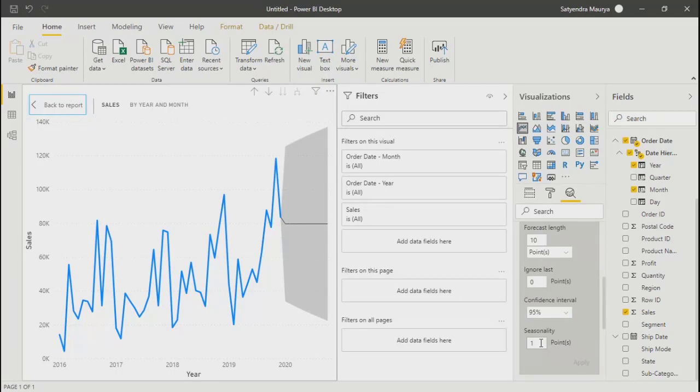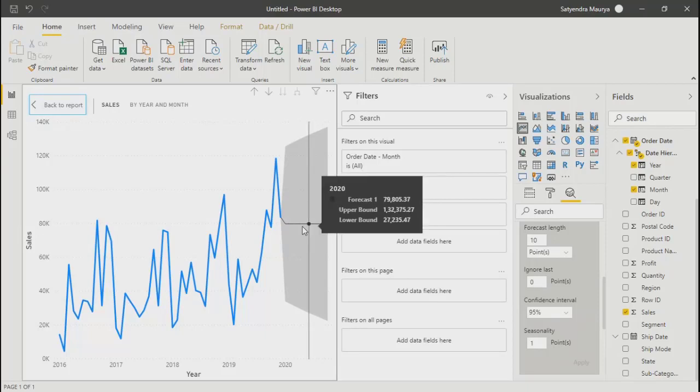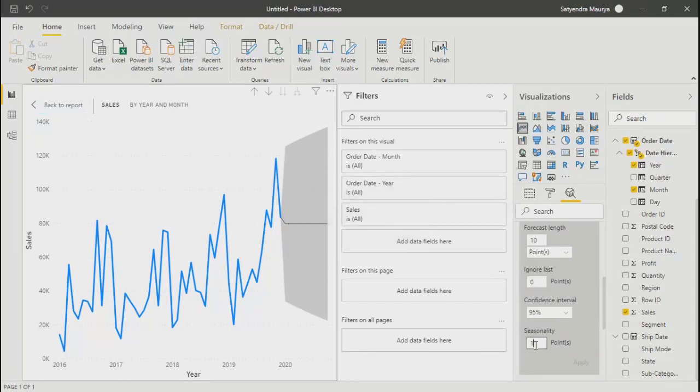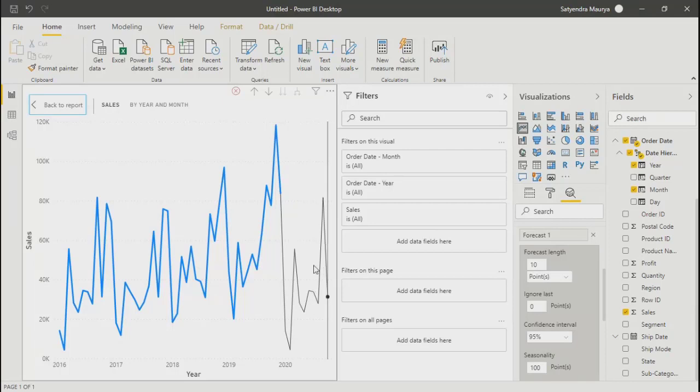If you don't apply seasonality, see, it's a straight trend it has given as a forecast, which is simply the average of your data. No other parameter or calculation has been considered. So this is the type of forecasting you can do over here. If you take 100%, it will show you the similar seasonality.